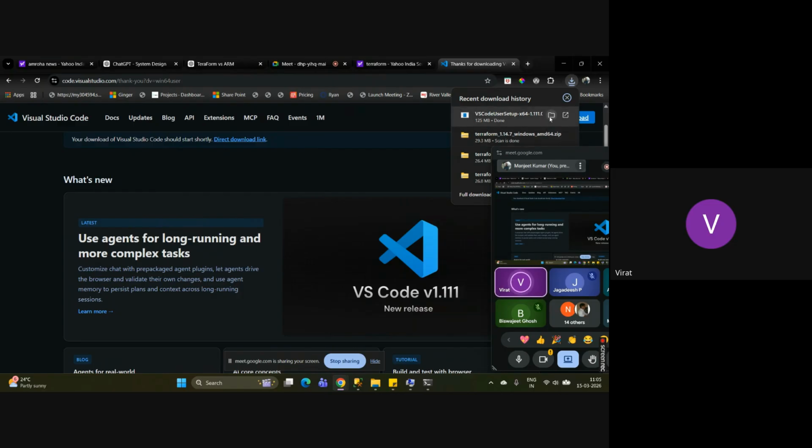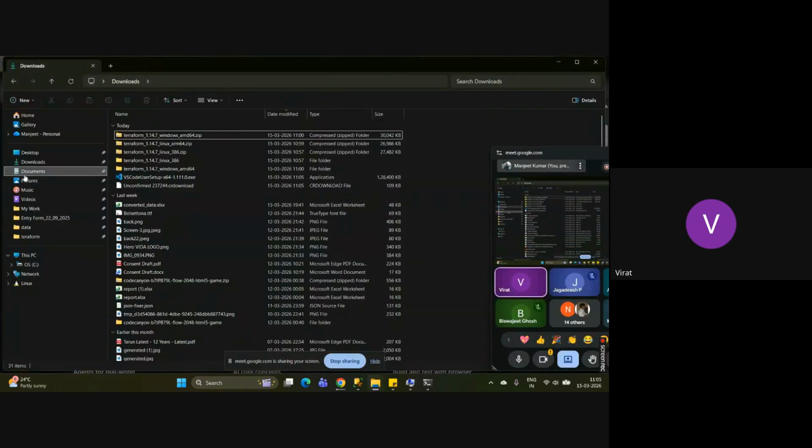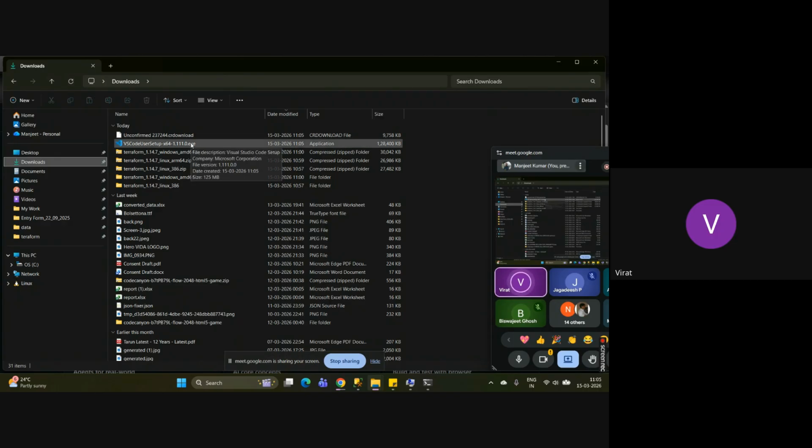Okay, click on that icon. It will browse that downloaded file. No worries, you can go to the download folder directly if that is not opening. So if you see, this VS Code user setup is downloaded. If you double click on that,